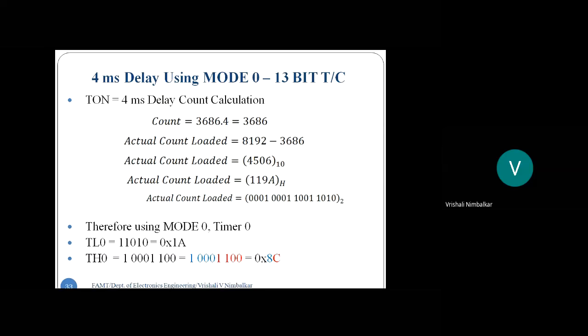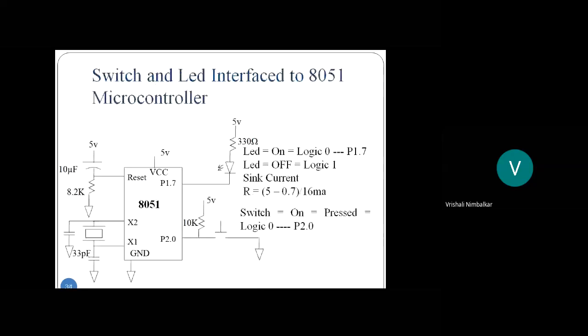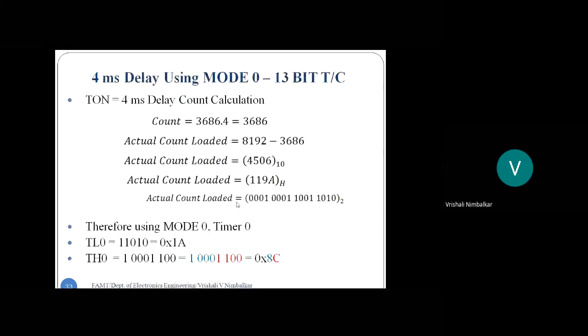Okay, students? Hope you all have understood this. So we have made use of timer to generate delays. We have used timer to generate a square wave, 50% duty cycle. Then we saw 40% duty cycle. Square wave can be obtained using mode 0, mode 1, mode 2, provided the calculated count fits into the maximum count range.